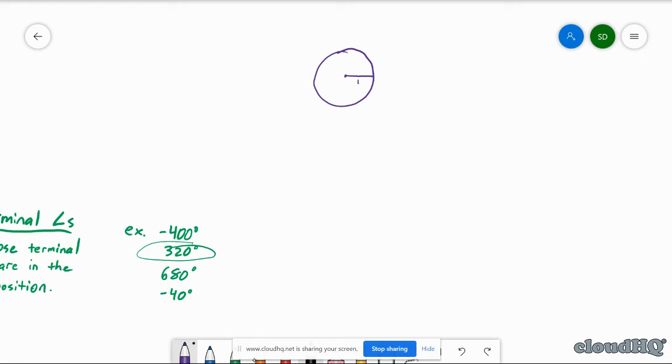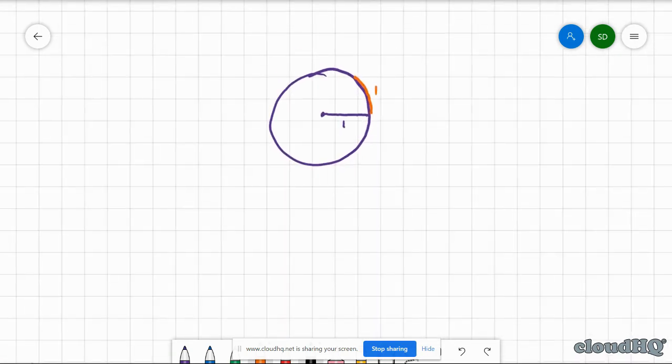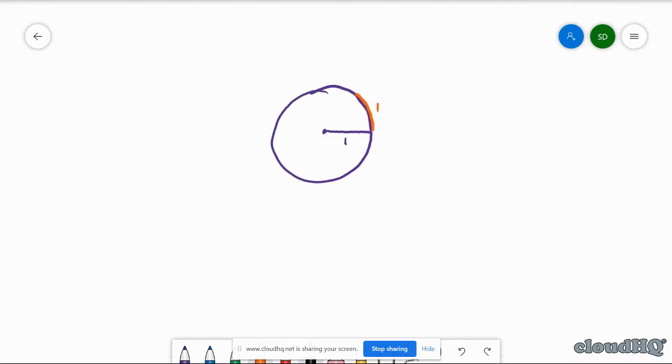But if I wanted to, instead of kind of traveling from the center of the circle out to the circle, if I wanted to start walking around or drawing around, tracing around the circle, that same distance as the radius, which was 1, I would end up somewhere around there. Okay, that arc, we call that an arc there that I have in orange. If I make it the same distance as the radius, we would get to about there. If I continued to draw those,